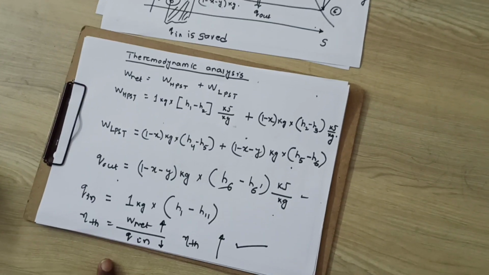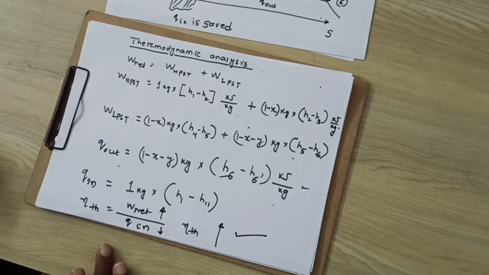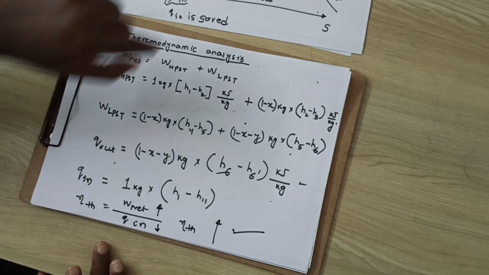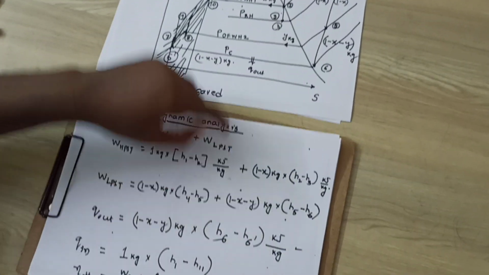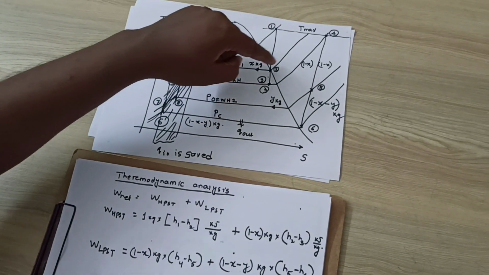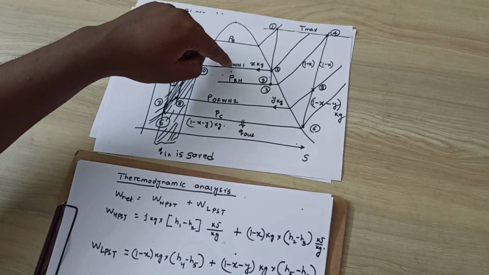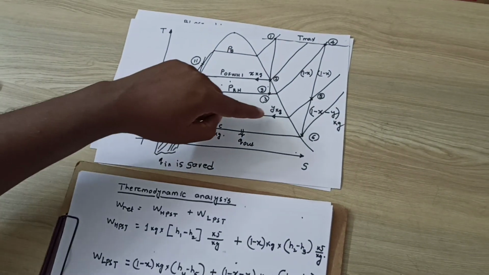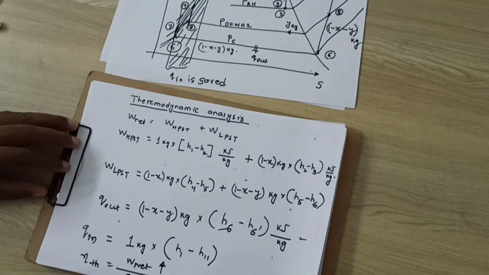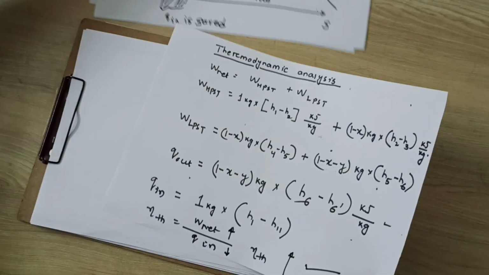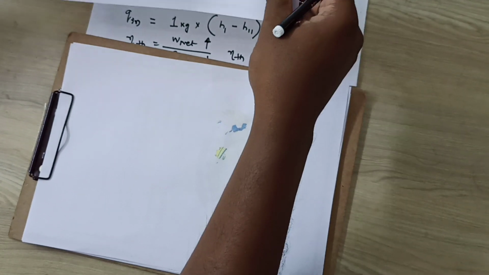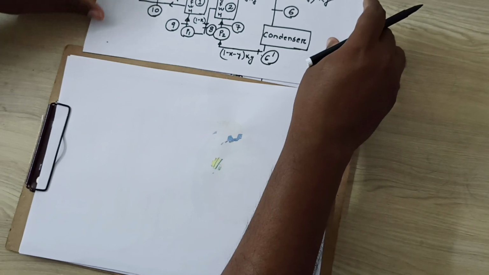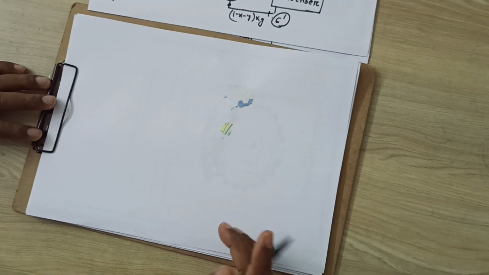Now the question is, another energy balance comes here in case of your reheat regenerative Rankine cycle. How to calculate these mass fractions, these x and y's? How to calculate how much mass has to be bled out for OFWH1, this x kg, how much mass has to be bled out for OFWH2, this y kg. Okay, this thing we will see. For this energy balance, this block diagram will help you much. So you have to refer to the block diagram rather than the TS plot.